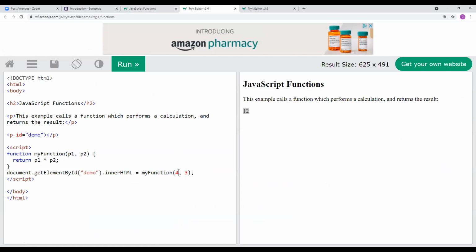If I put in here 57 and I put in here 18, it'll be something like 1026. So this 57 becomes P1. This 18 becomes P2. So this is the same thing as saying this times this. So you might say, well, big deal. I mean, who cares then? Why even do this? Well,